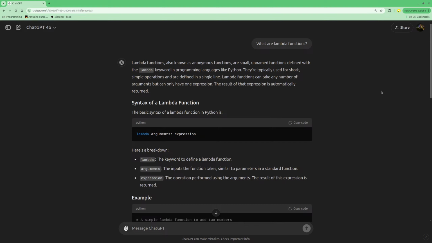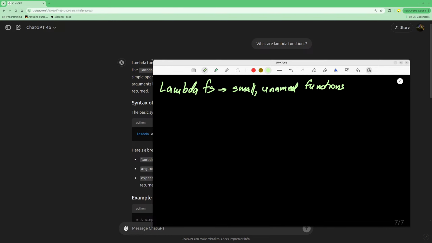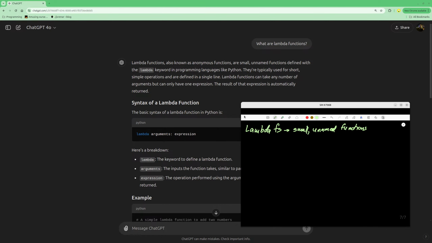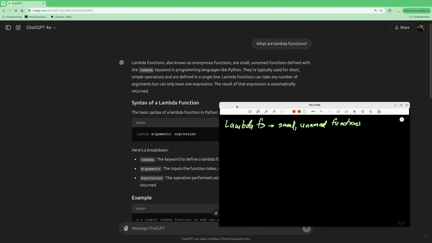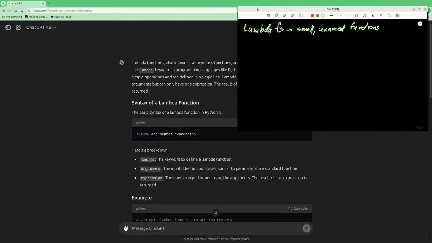Lambda functions, small unnamed functions. Okay. Oh, sorry, let me. Is there a way to share my tablet as well? Maybe have a screen here with a tablet in the bottom here or here in the top. I'm gonna take a look at this. But okay, so